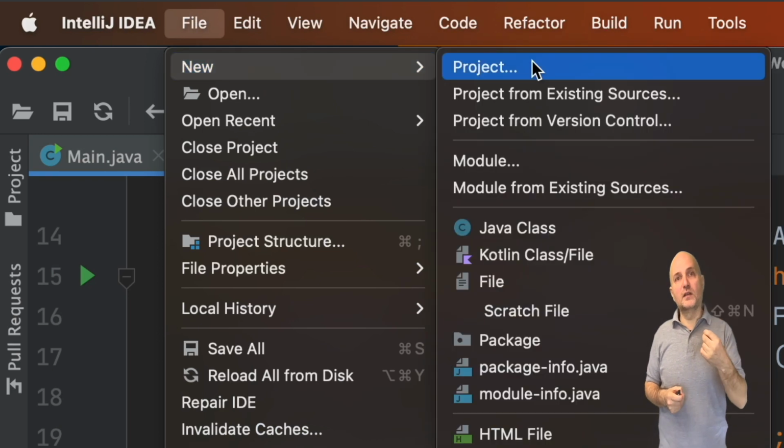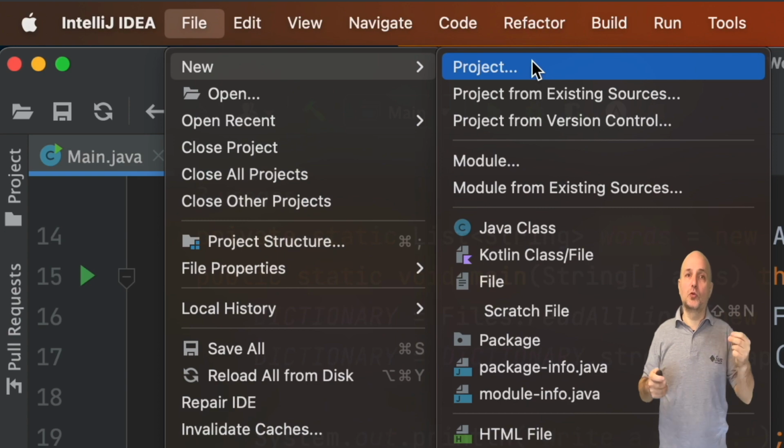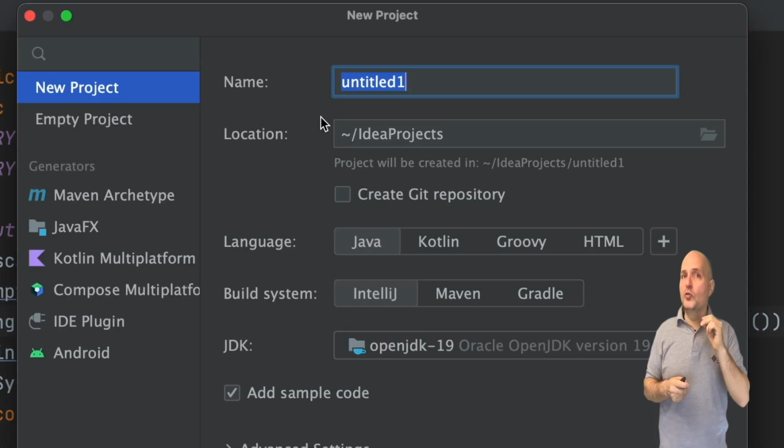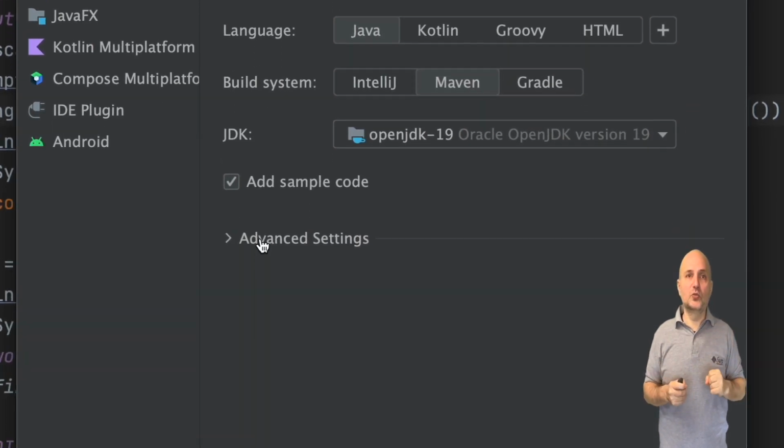We start in IntelliJ IDEA by clicking the File, New Project menu item to launch the new project window. If you look at this dialog, you will see three options where I point with the mouse: the IntelliJ project, which is what we used until now, Maven, or Gradle. We'll pick Maven. Next, we need to enter the project name, which in this case I'll type out as Wordle Maven to keep it unique from the other projects, but there's still more we need to do.